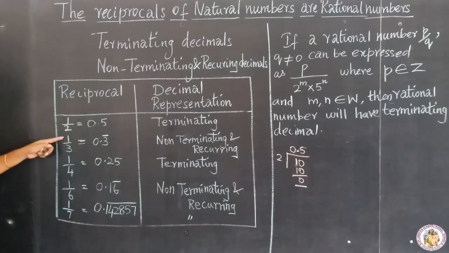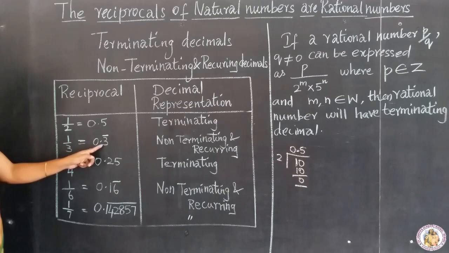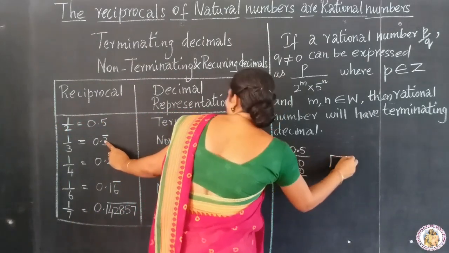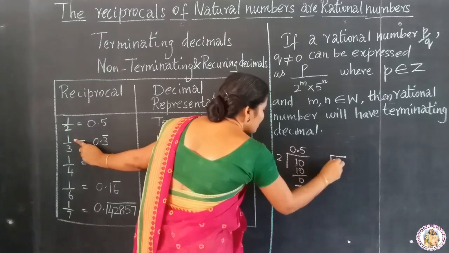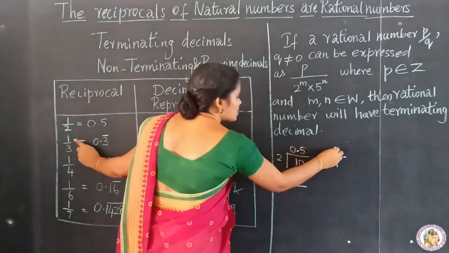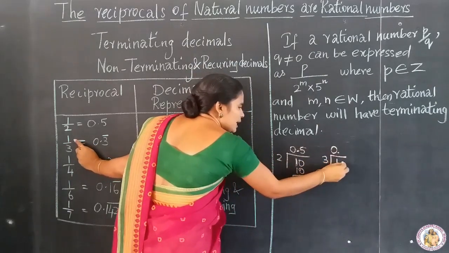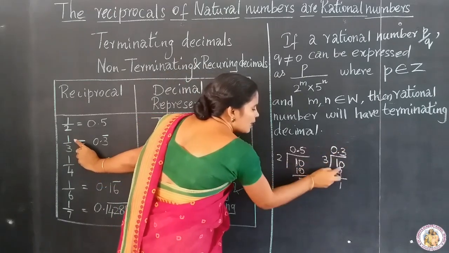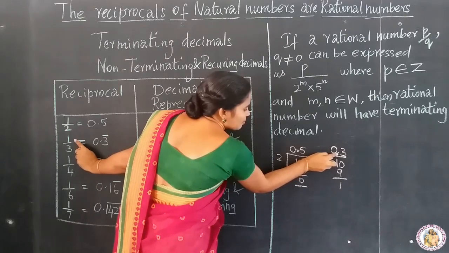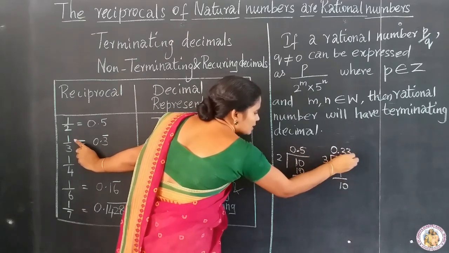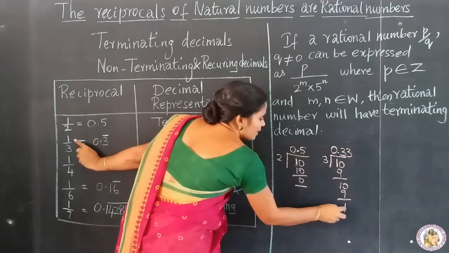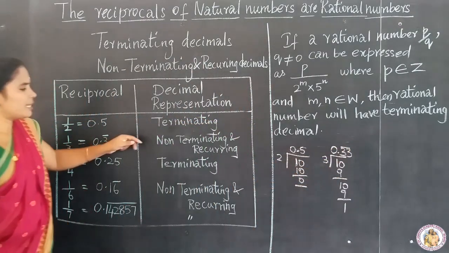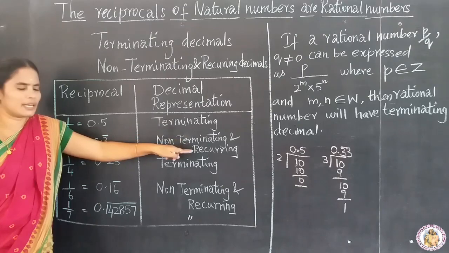And the next value, 1 by 3, is equal to 0.3 with a bar added above the 3. So 1 divided by 3 is 0. Keep the decimal, add 0. 3 3s are 9. Remaining 1. And already we have kept the decimal place here. Add 1 0. 3 3s are 9. Again 1. So as the 3 goes on, we call it non-terminating and recurring.